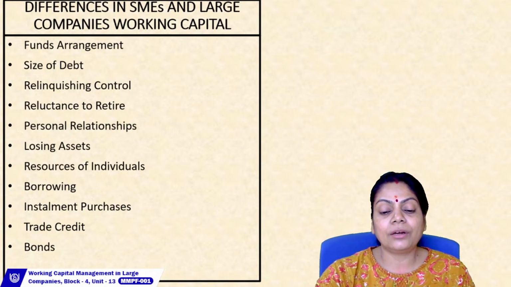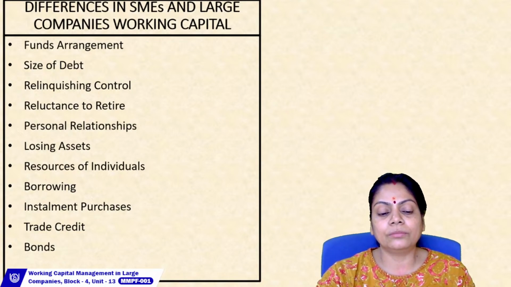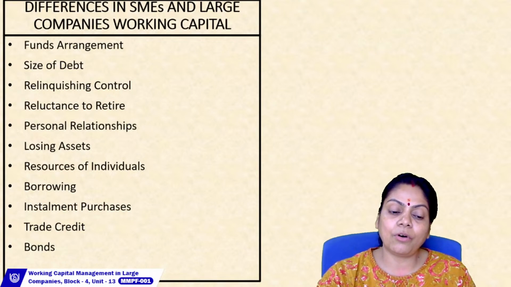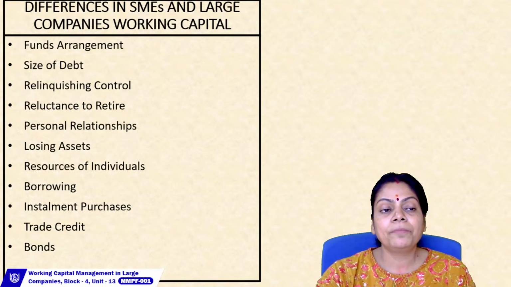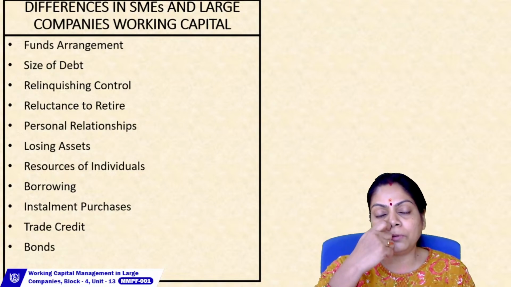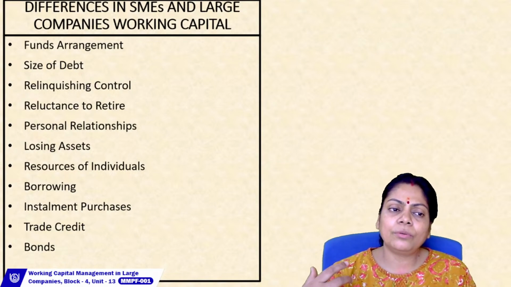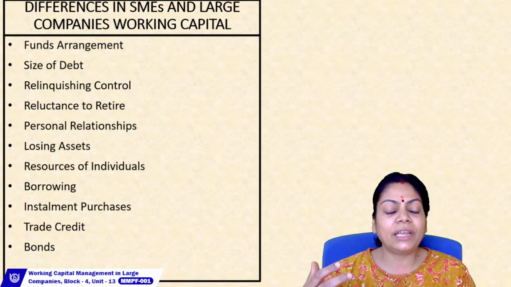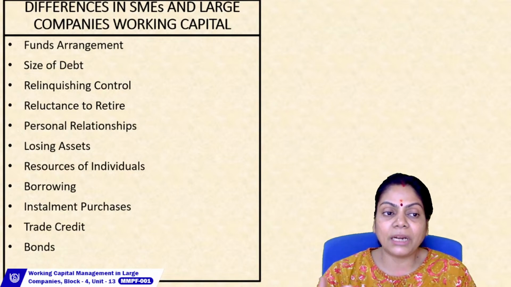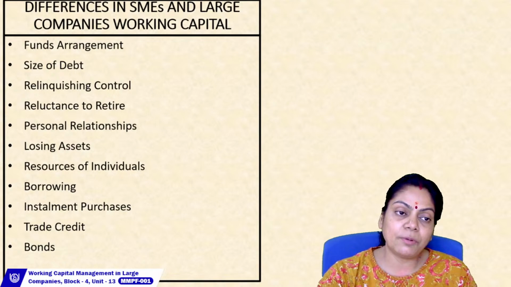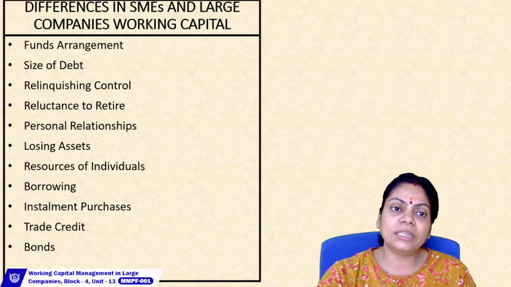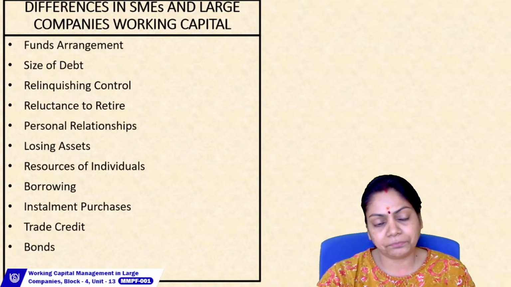You can talk about the size of the debt. Now you see, if you plan to start a business, you may not have enough finance for your marketing or for your suppliers, because if you're a small firm, you have to pay installments. Okay, so you have taken a loan, so you have to pay installments every month. So you may not have the requisite capital available to go for these marketing activities or to make these interest payments and all that. This might not be the case in case of the large corporations.